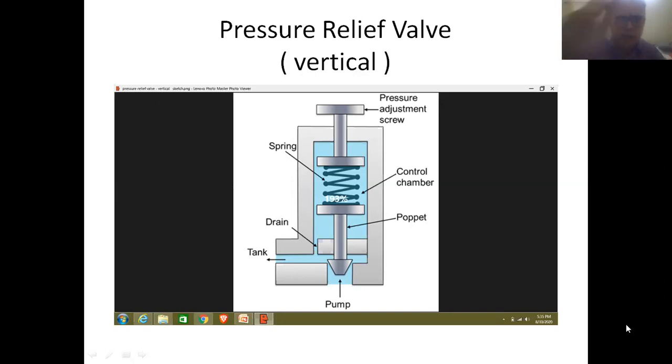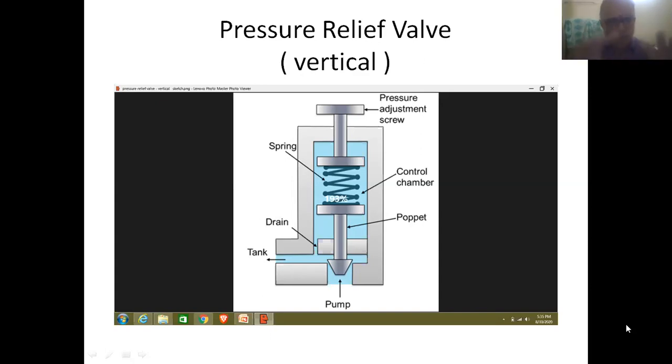A spring element is placed in this region, and finally this is controlled by the screwed element. So friends, if excess pressure is present in the system, it will exert pressure on the poppet. Therefore the element moves in the upward direction, and the spring is subjected to compression.